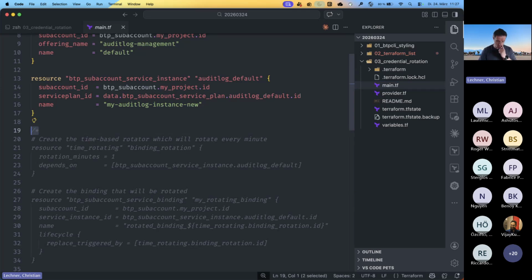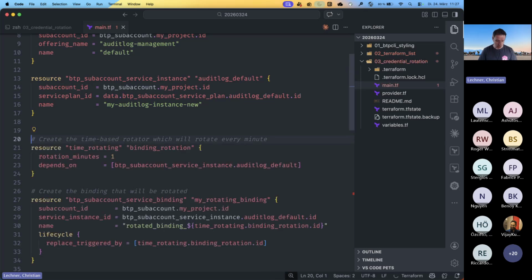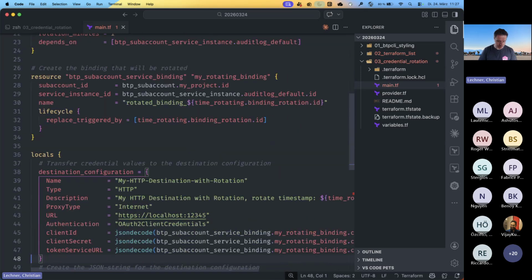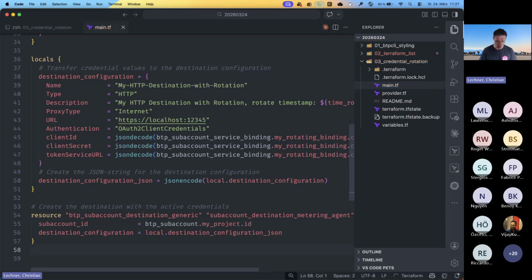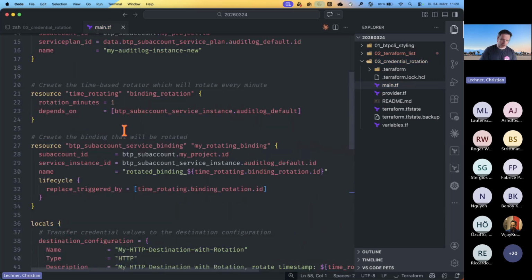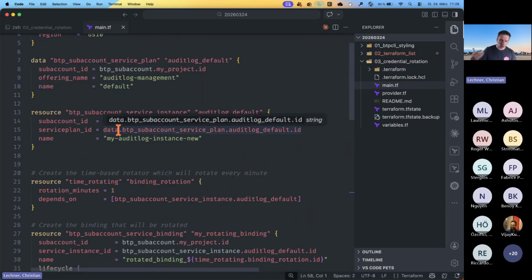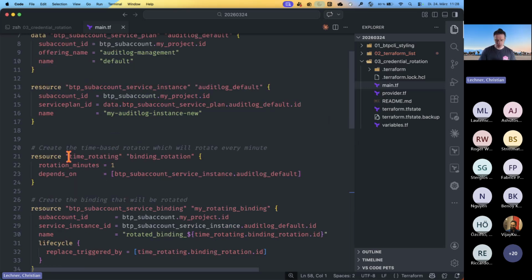Now, as you know, Terraform will only trigger changes if there is a drift. So we have to artificially introduce a drift in order to kick off the exchange of the resource. And for that, I'm using a resource that is a HashiCorp default resource that's time rotating. I'm setting it to rotation minutes 1 for obvious reasons, because we want to see a result in this demo. And I say this one depends on that there is a service instance, service binding,